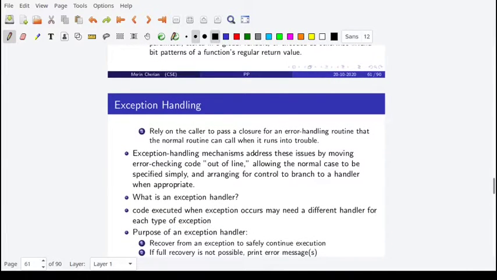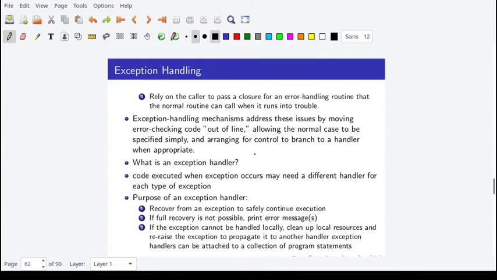So, what are the purposes of an exception handler? The purpose of an exception handler is to recover from an exception to safely continue the execution. If full recovery is not possible, it should print error messages. If the exception cannot be handled locally, it should clean up the local resources and propagate the exception to its